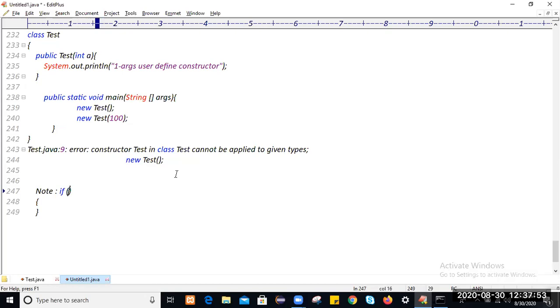If you declare multiple constructors within the class, then those constructors execute during object creation.